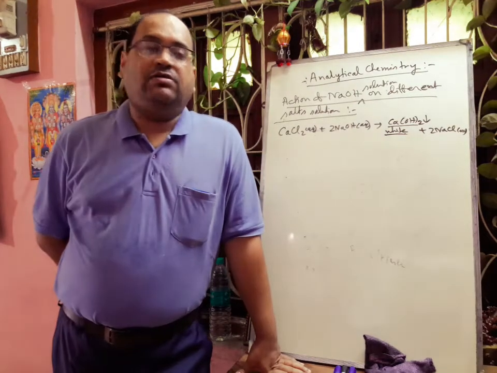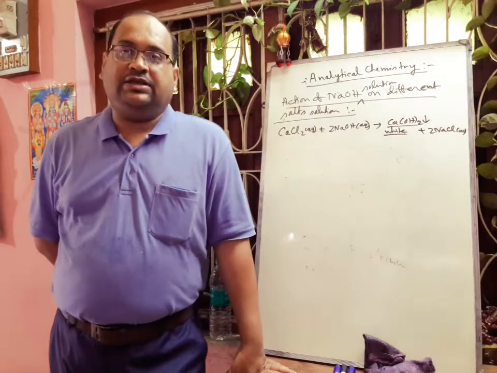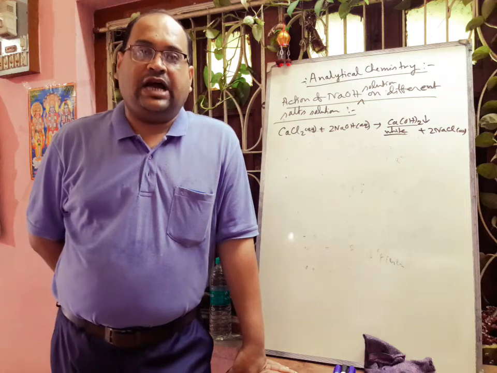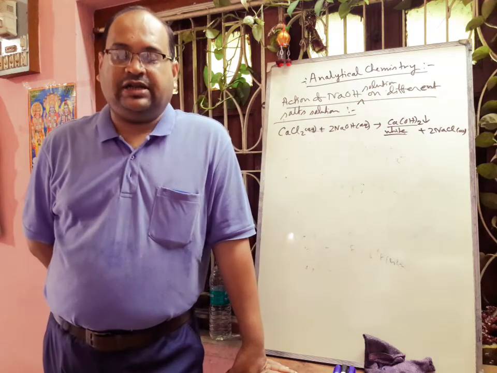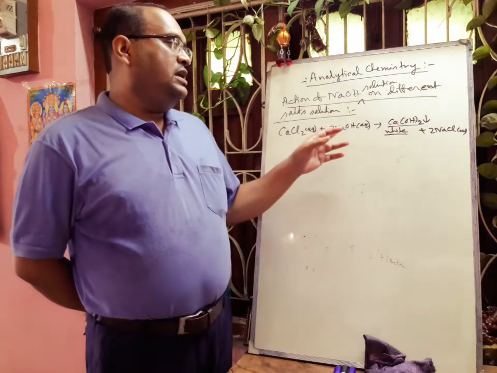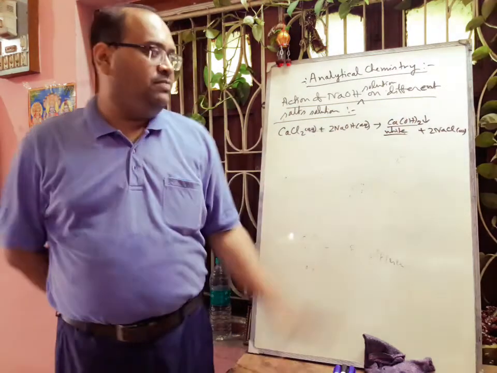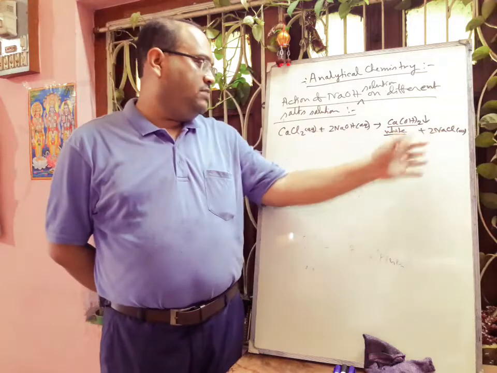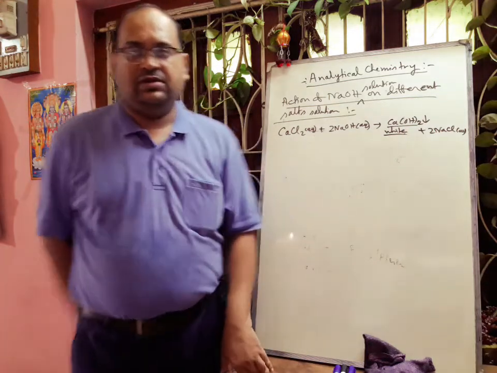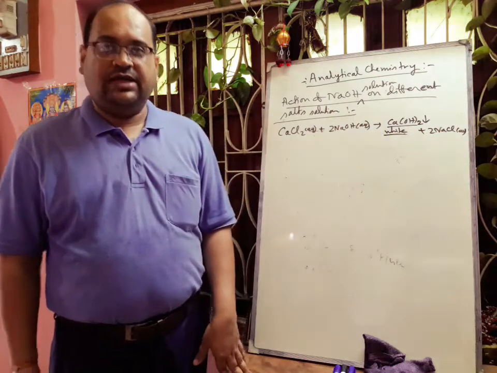Now why there is precipitation is another concept that we will discuss later, because here calcium hydroxide is not soluble, or you can say that its ionic product is greater than its solubility product. That we will discuss later in higher classes. But you have to remember that if we add a little sodium hydroxide, then definitely there will be formation of calcium hydroxide PPT with the formation of sodium chloride. But if we add excess, calcium hydroxide remains insoluble.